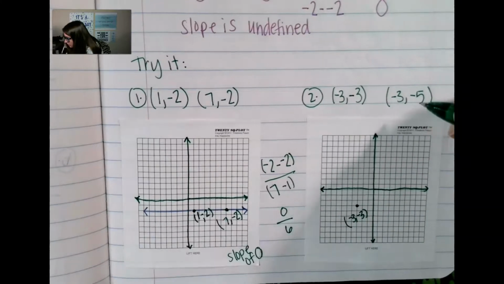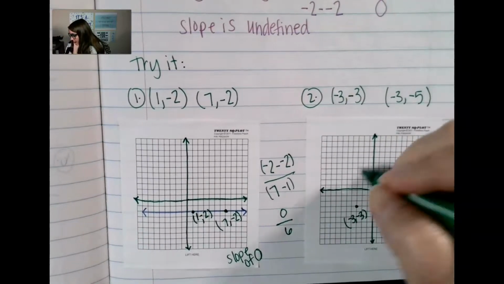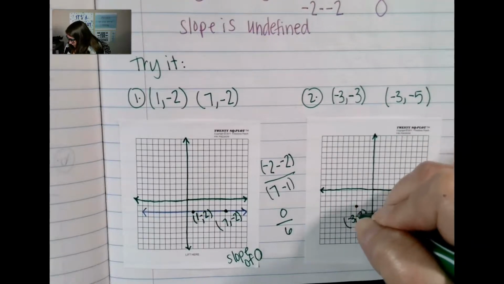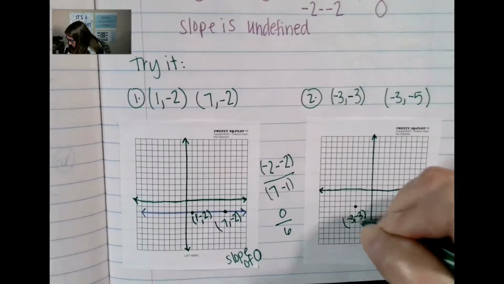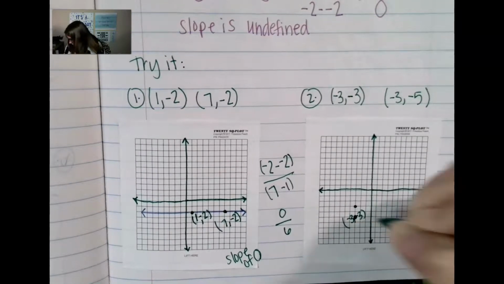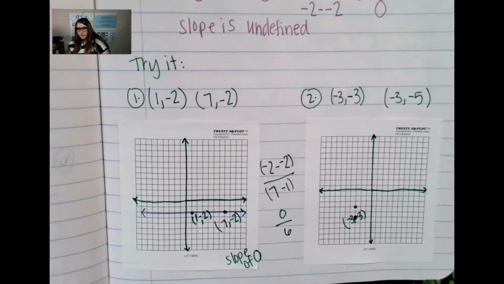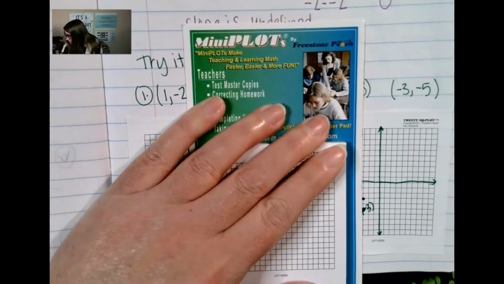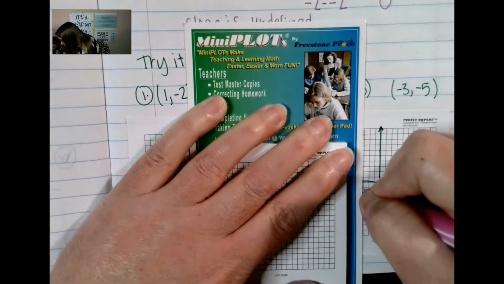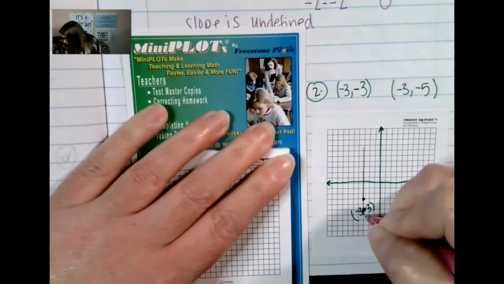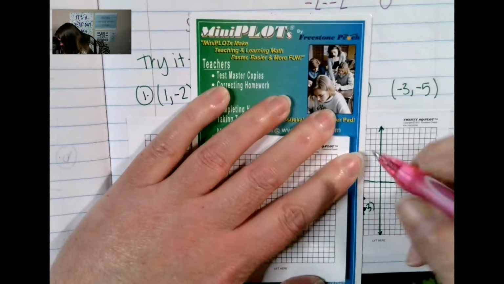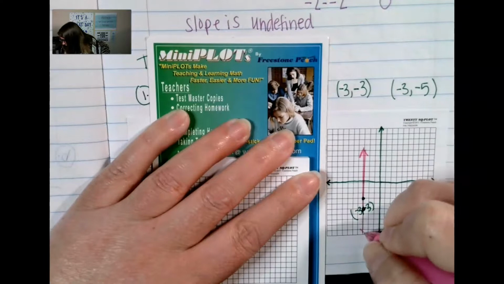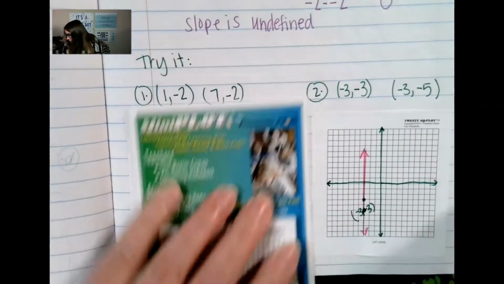Okay, and my next one I'm doing is negative 3, negative 5. So I'm going to go over to negative 3 and down to negative 5. So there's 3, 4. Oh man, I put the coordinate right there. Sorry about that. Okay, so now I'm going to draw my line. And my line happens to go straight up and down, vertical. And we know from our practice that this line here has no slope, but the slope